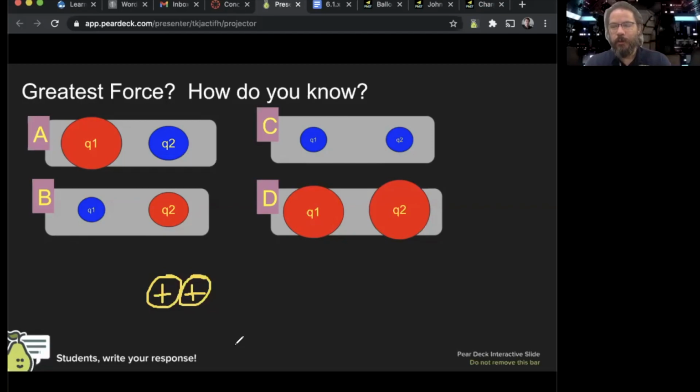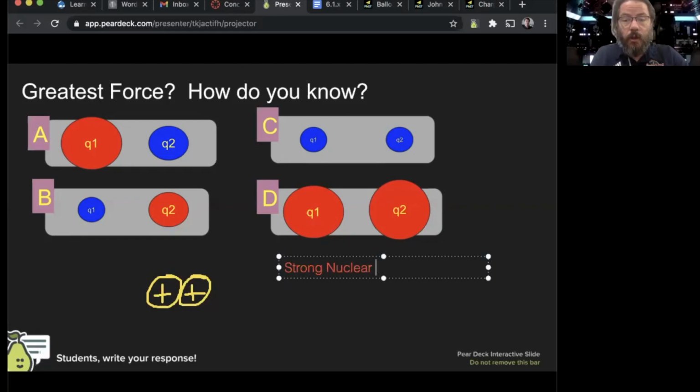Good. Using the correct language, they repel. So they should repel. Now, let's think about this though. If I have a helium atom, which has two protons, the nucleus doesn't fall apart. Those protons don't split from each other. So why don't the two protons split apart in the nucleus of an atom? That's a major question scientists had when we were figuring this out, and it led us to these things: